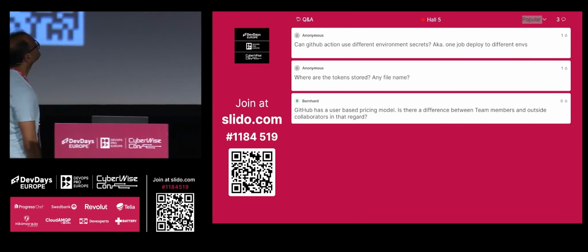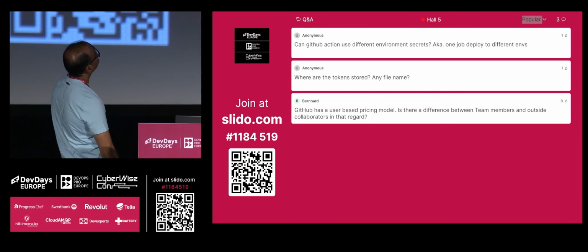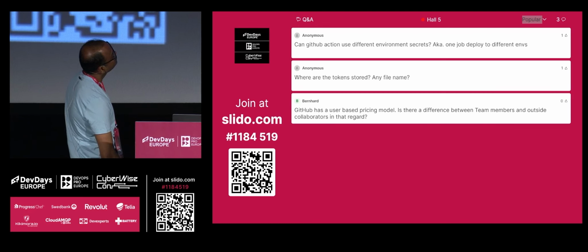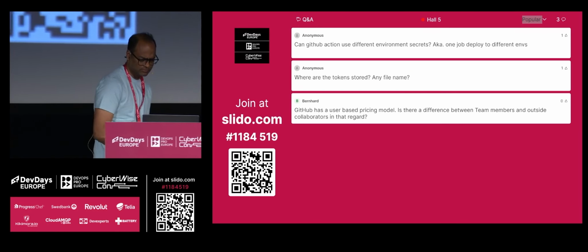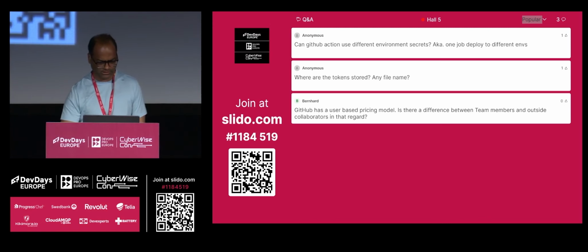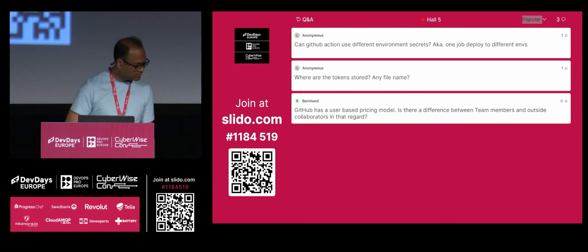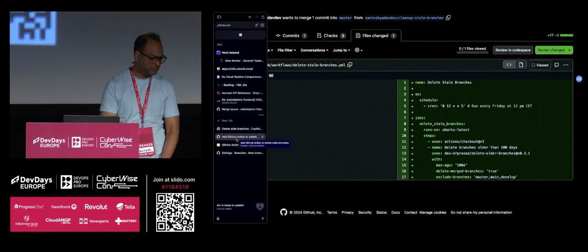First question: can GitHub Actions use different environment secrets, aka one job deployed to different environments? One job. I think that's possible, right? That's what environments are for.